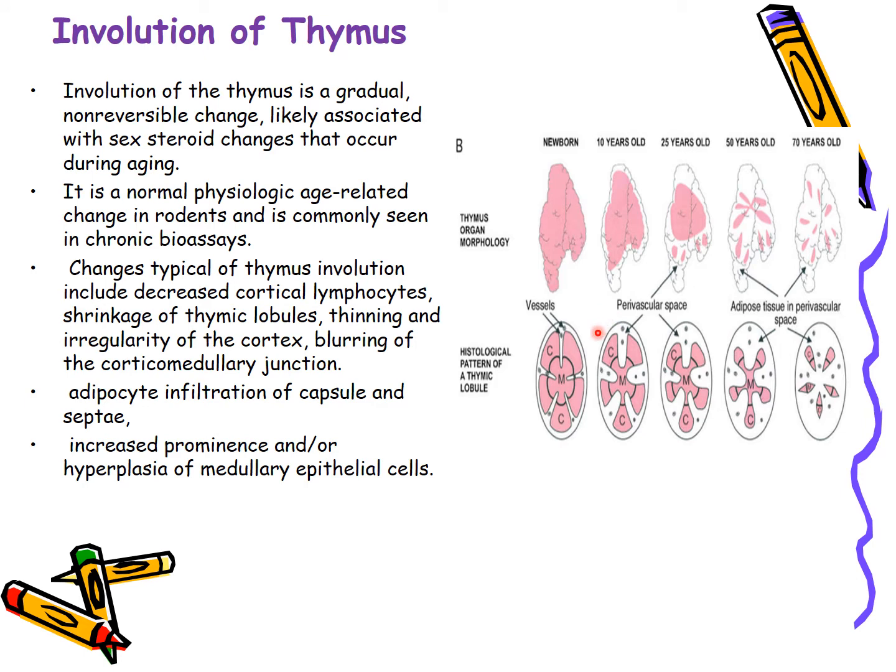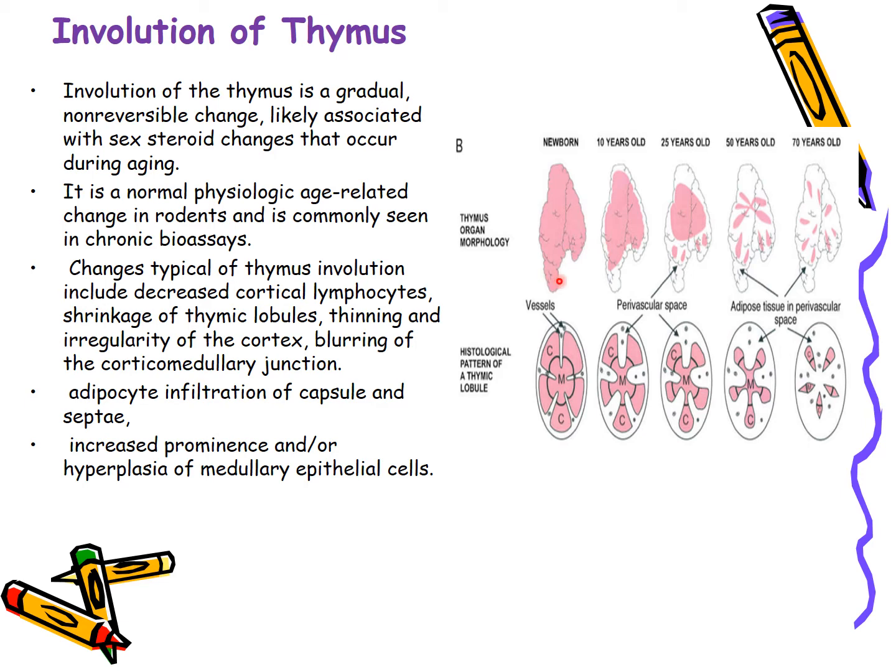Now, another unique, characteristic feature of the thymus gland is the involution of the thymus gland. That is a gradual, non-reversible change, and it is associated with the hormones and also with age. Now, this is showing you the thymus glands at various ages: a newborn thymus gland, and this is the 70 years old thymus gland. So this is a normal physiological process, and it is age related, that it regresses, involutes, and the changes occur